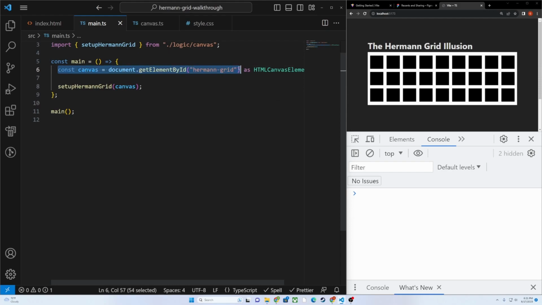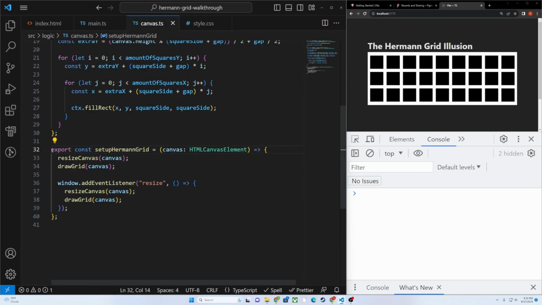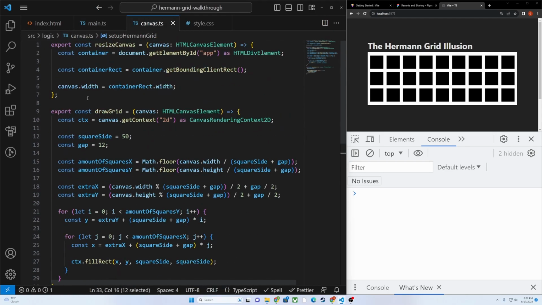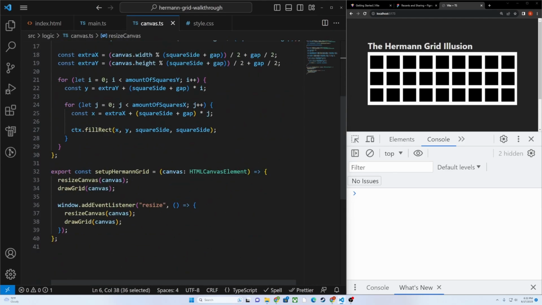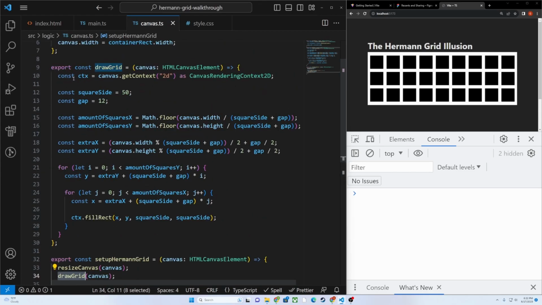We're going to create a canvas, we're going to pluck it from the HTML, and we're going to pass that into our setupHermannGrid function. And we're going to go here, and it's going to resize the canvas, which is this function we did again, which is just going to say, hey, how wide is the app right now, the div that contains this canvas, and just set the canvas width to that. And then it's going to call the draw grid function, which is going to do all that logic we had,